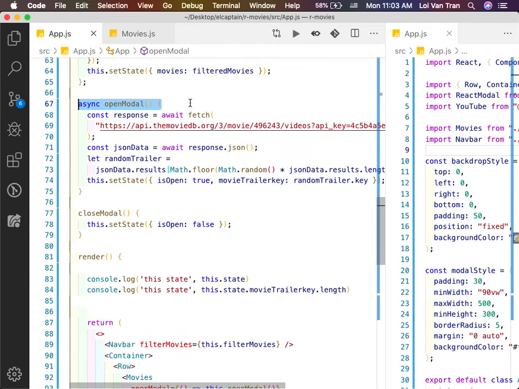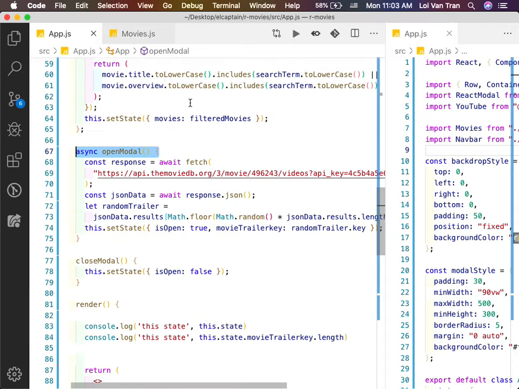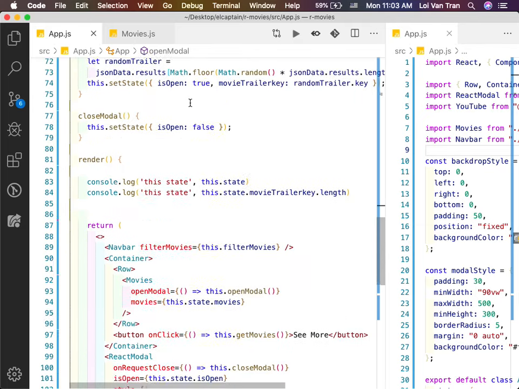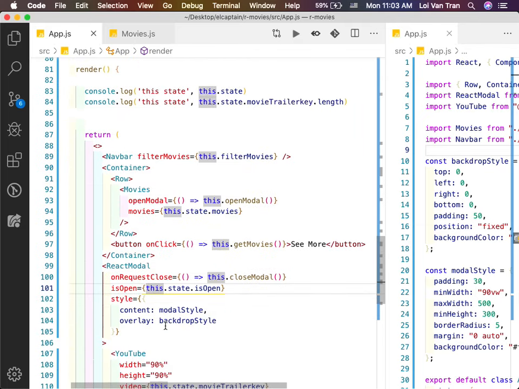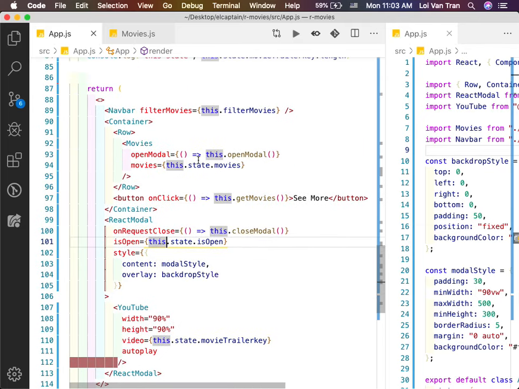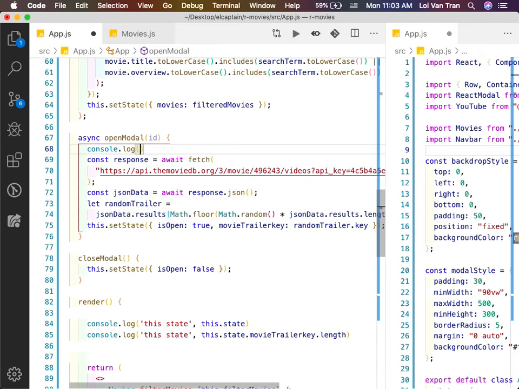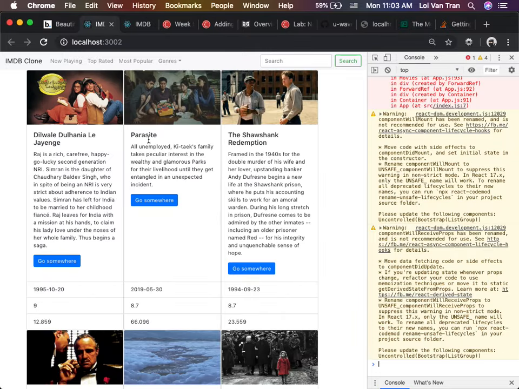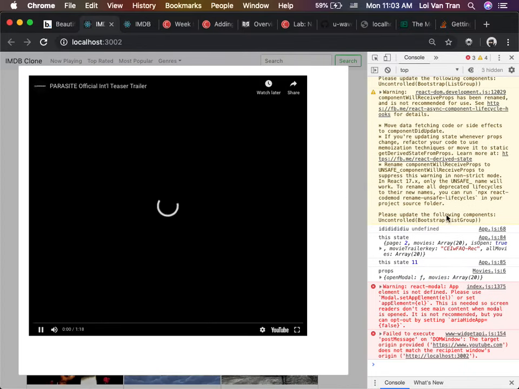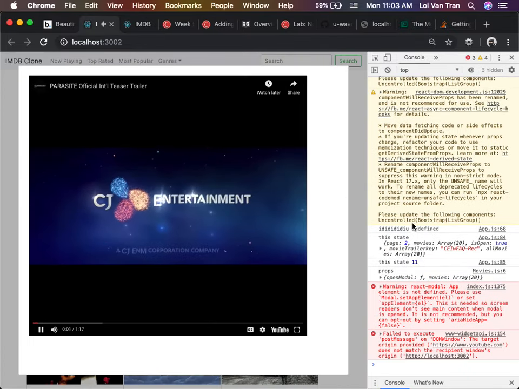Is it gonna go on line 67? Huh? Who says yes? Wrong. It's gonna go down here. It's gonna go down to this function right here on line 93. So it's not going to be passed. Watch. So we're gonna look at open modal. We're just gonna look at ID, okay? It's console.log ID. So save it. I click it, and we see that ID is undefined.